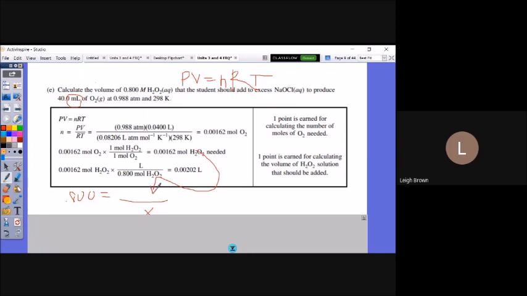Okay, so 0.800 equals that many moles divided by the unknown volume. Do my algebra and solve. They've just used their molarity as a conversion factor. Okay, so if that looks a little different, it's the same math.